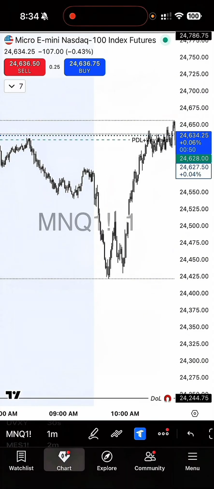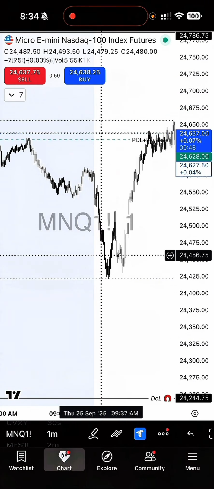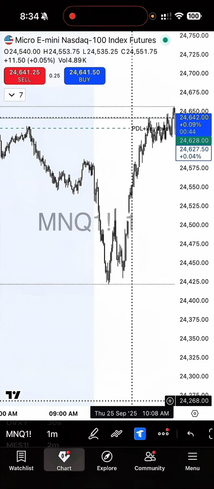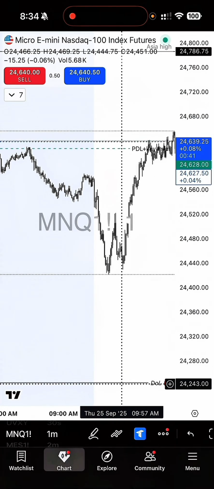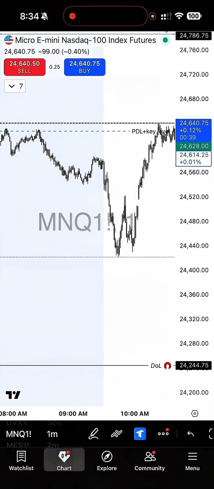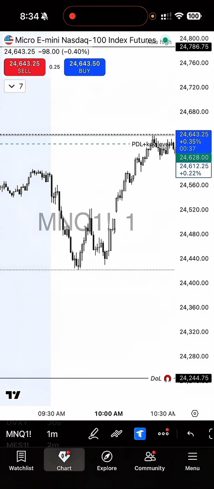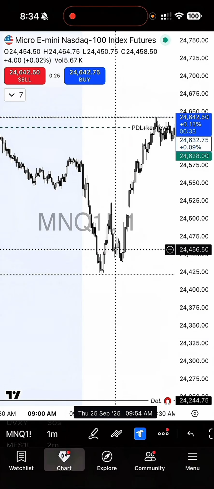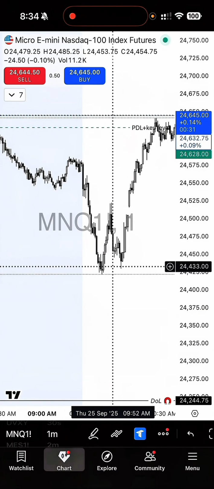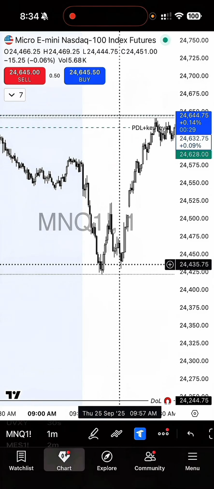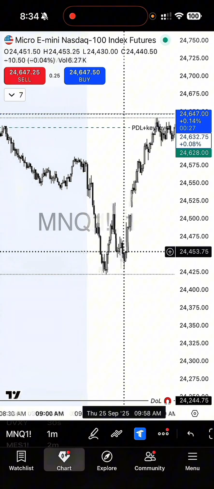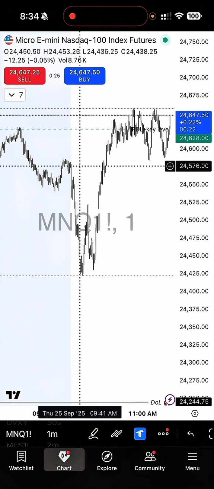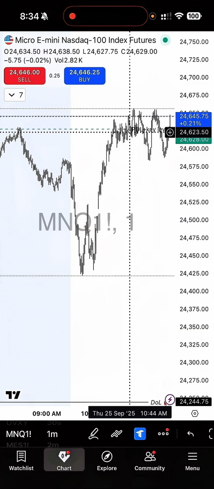As soon as we started flushing to here, that's where I was under the impression that we're going to come take the draw in liquidity up to 240, but it did not, and we just started creating higher lows, as you can see. So since we started creating higher lows, now I'm looking to see what we do in the open market right here, and then what we are doing at key level.